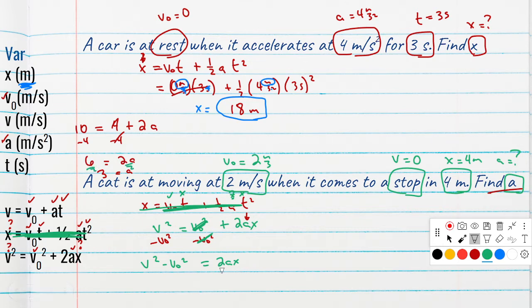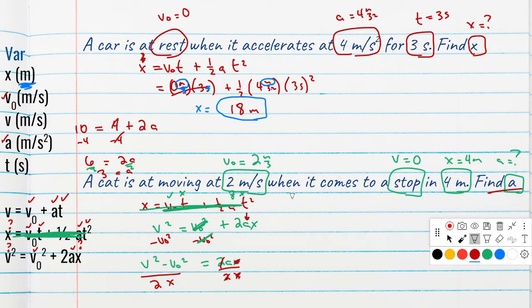I'd have to do that. I'm going to come in and divide by 2 here. Dividing by 2 will cancel, but I got to do it on both sides. I'd also like to get rid of that x, which is also multiplied, so the opposite would be division. And if I do it on the right and do it on the left, that should be fine. So I end up with v squared minus v naught squared over 2x,